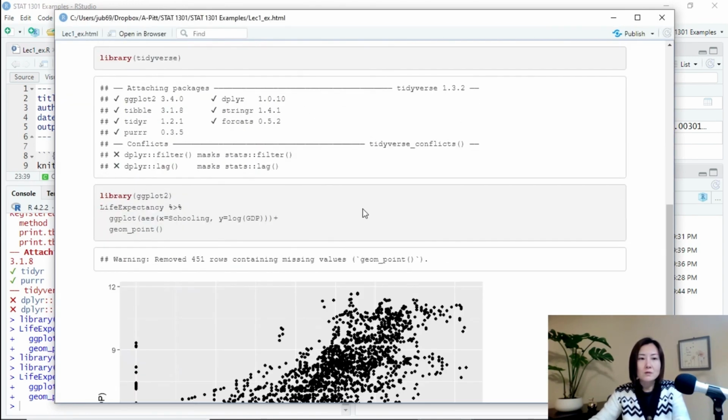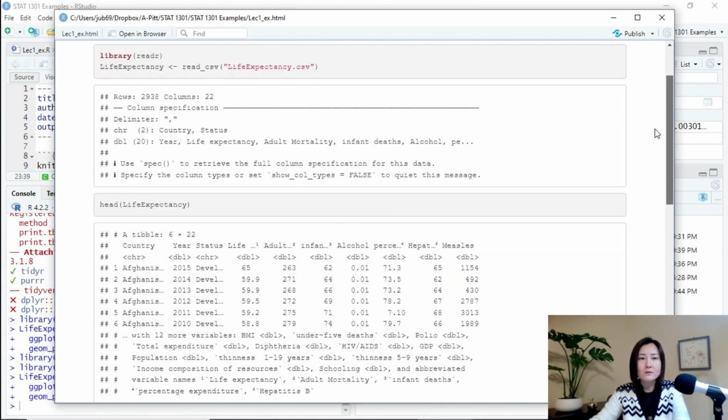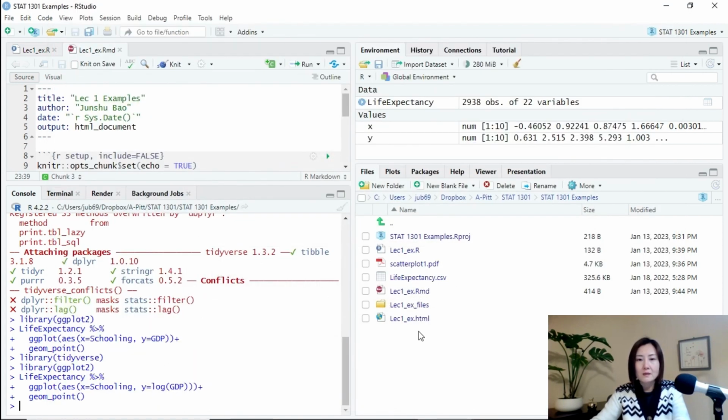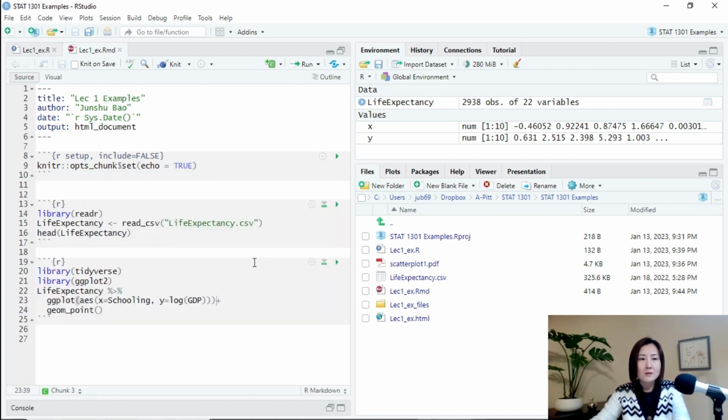And also you see this is the report, okay, the output from the markdown file, and automatically it is also saved in the same project. Okay, and notice that it also read the data without specifying the directory because the data set is in the same project. And another advantage of our project is you can actually move the entire project easily, okay, without